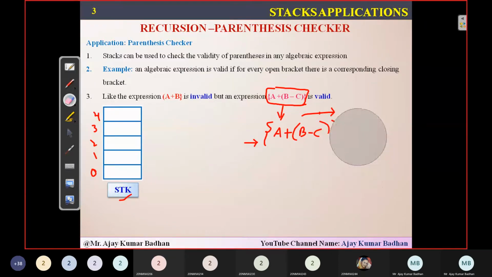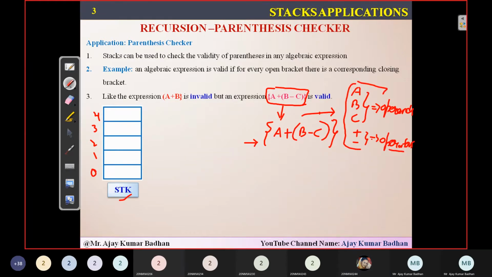So what I will do is, I am not concentrating on the different operands and operators I'm using. If you see here, what are these a, b, and c? I think in C language they told you these are what we call operands, right? And what about this plus and minus? These are what we call operators. So we are not going to concentrate on them.